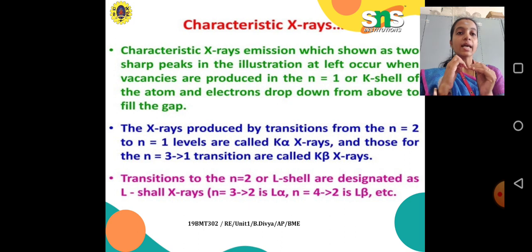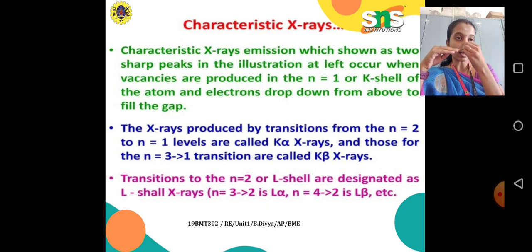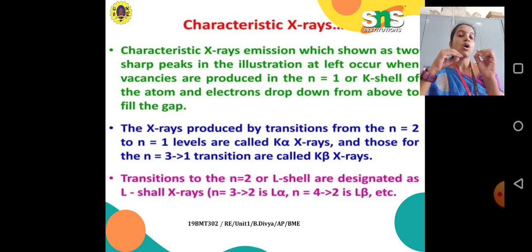The X-rays produced by transition from the n equals 2 to n equals 1 level are called K alpha X-rays. And those for the n equals 3 or higher to 1 transition are called